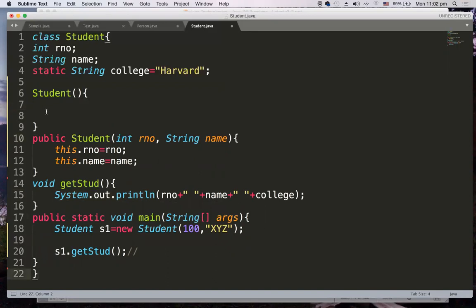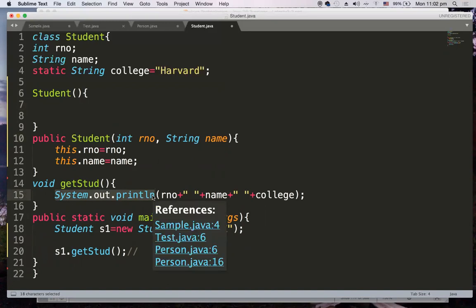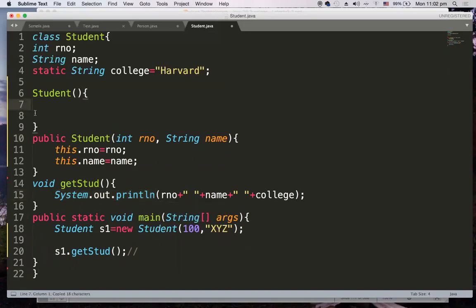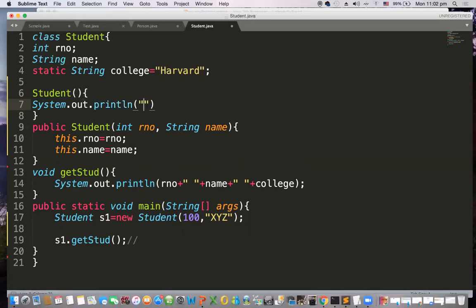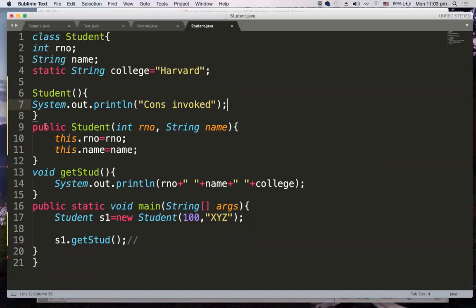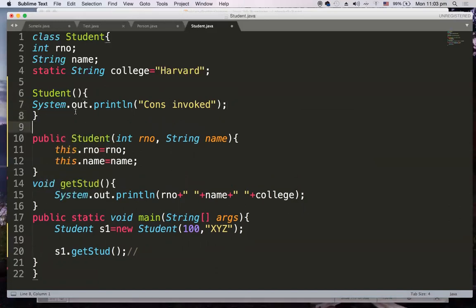So here, I copy this System.out.println and paste it. Just one statement I would like to write: constructor invoked. Now I can say there is constructor overloading happening in this particular program.